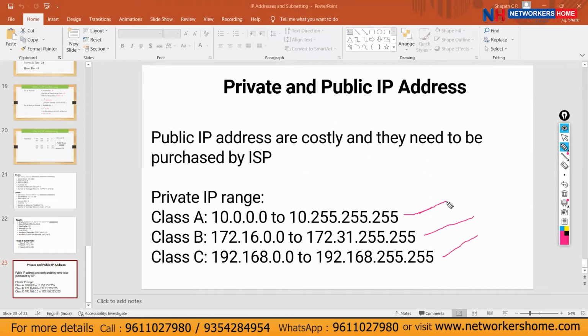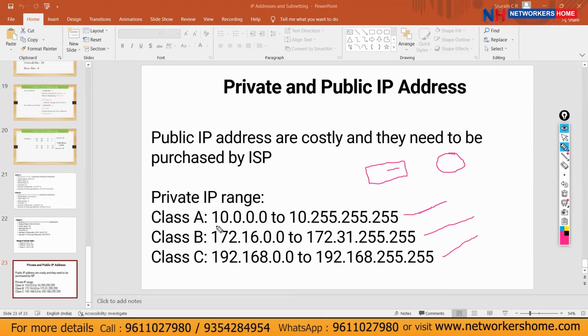Okay. Now suppose you have a project, and this project requires an IP address. This project you're doing in your college, in your final year. For that project, you need an IP address. Your college will give you an IP address. That project will work only inside your college network. It will not work outside your college network. They will give you a private IP address.